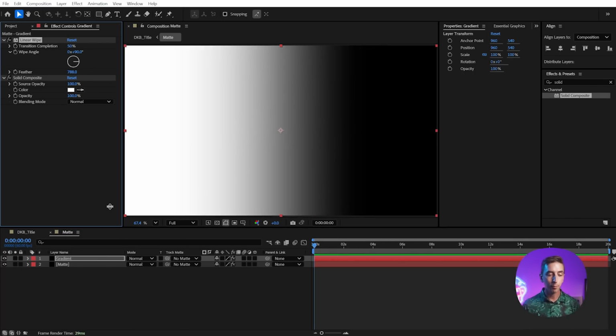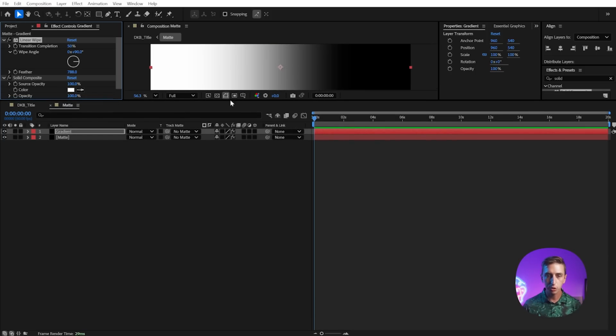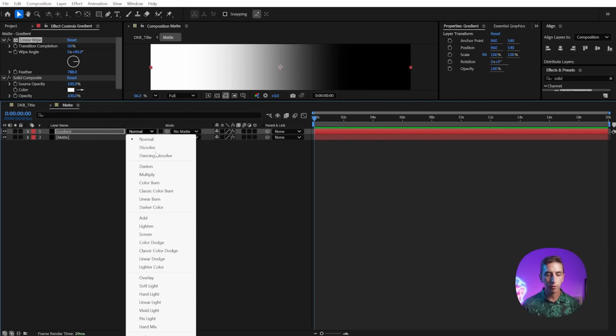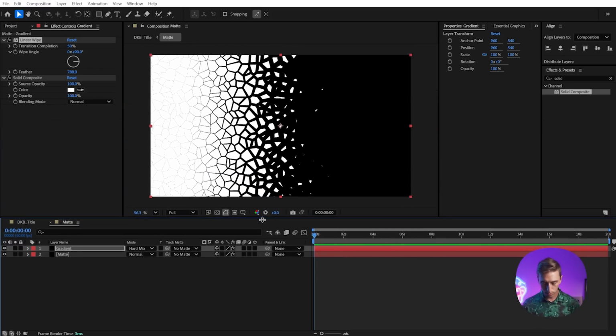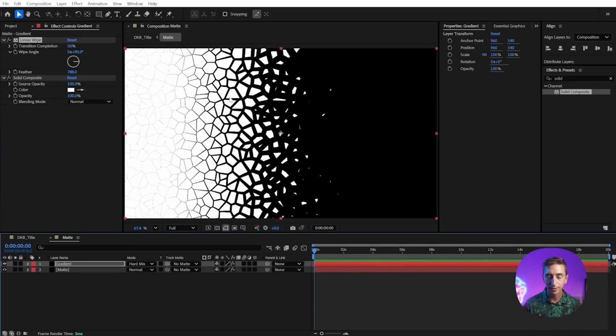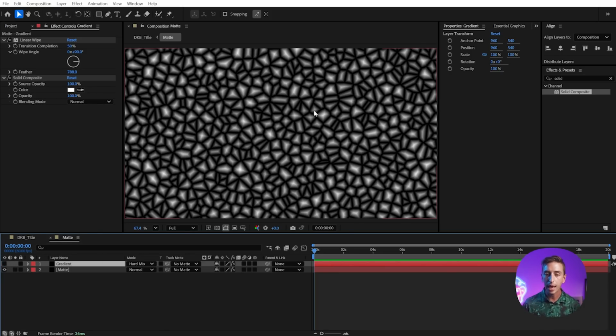I learned this technique from Brady at Texture Labs, but what I wanna do is change the blend mode from normal down to hard mix. And as soon as I do that, we're going to get this really interesting effect on those polygons. You see where the black was on the gradient, it's making it pure black, and on the white, it's pretty much pure white, but in between, it's shrinking and growing that cell pattern because of that gradient that we have on